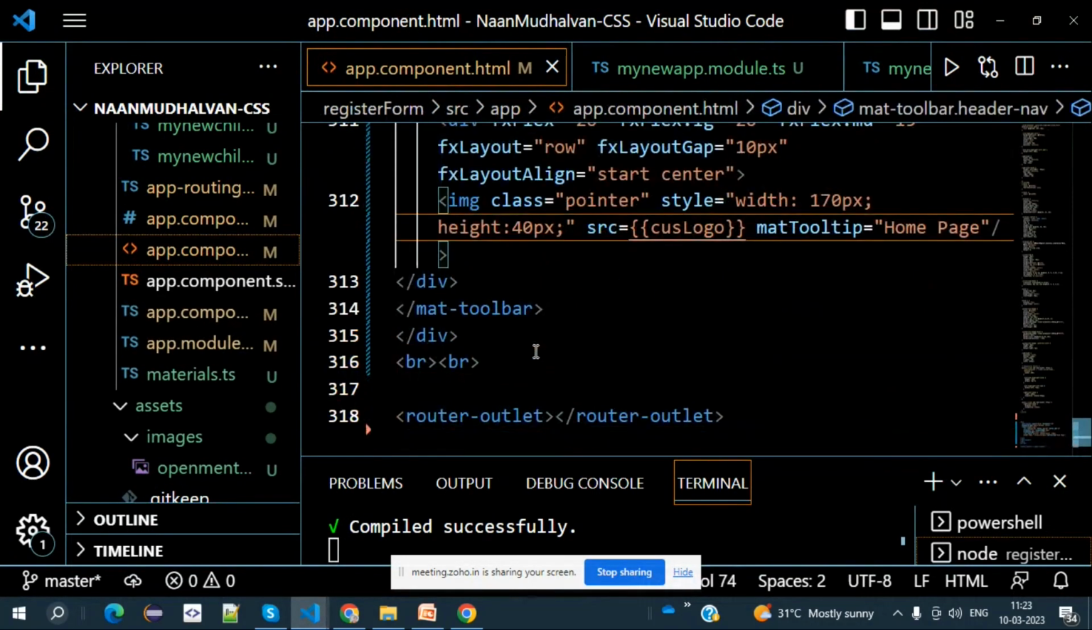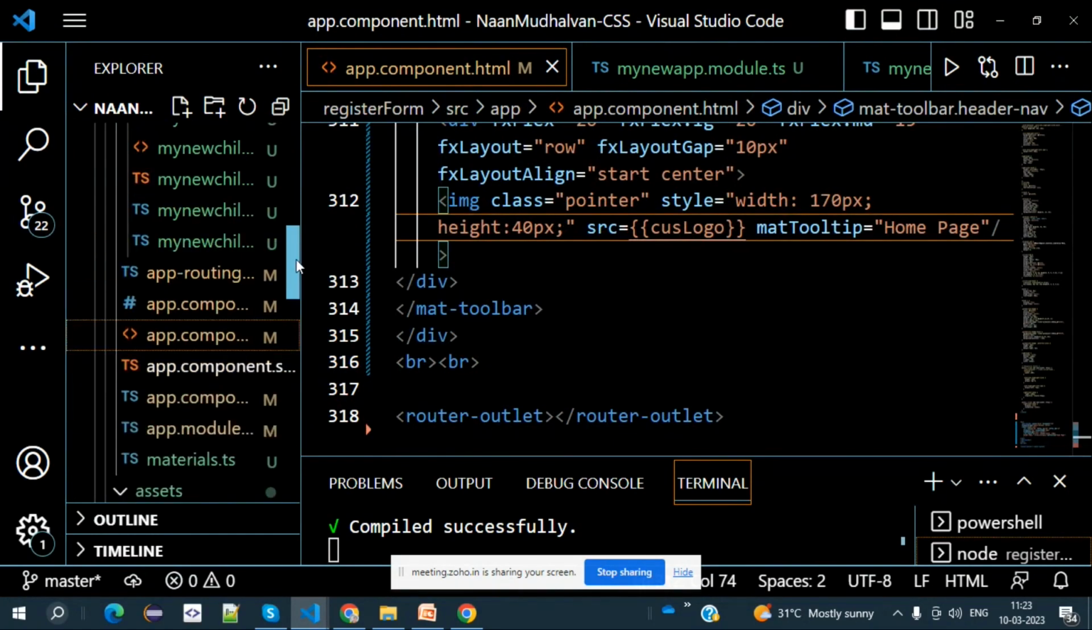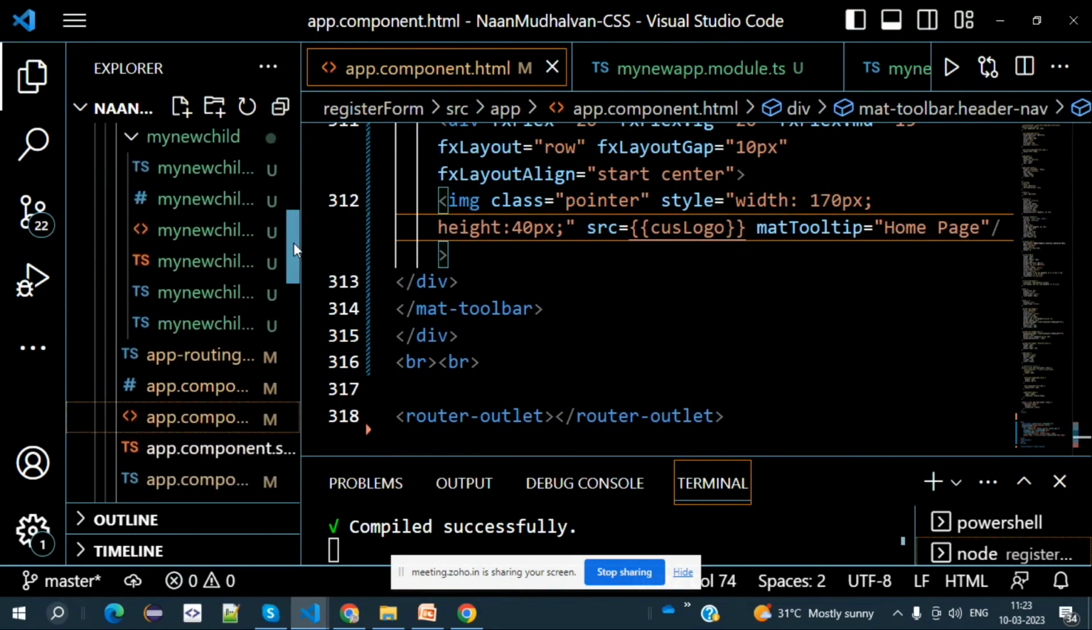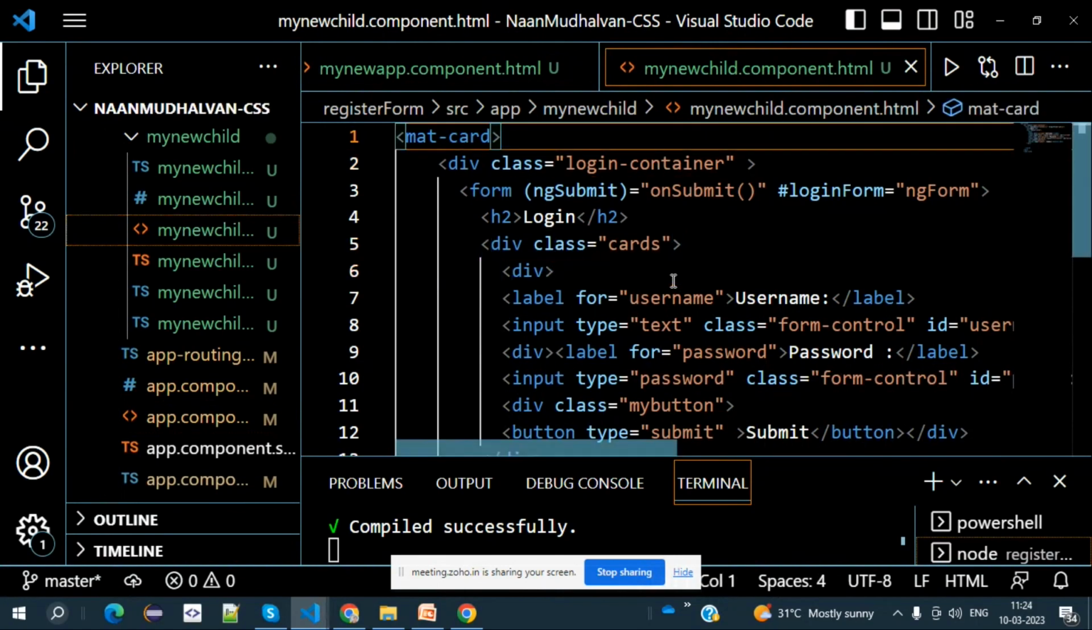Now I have kept with the customer logo. The most important thing is you need to know how to hide that login page in the next screen. When you are going to click on that button, how to hide that thing. See, what I have done is,